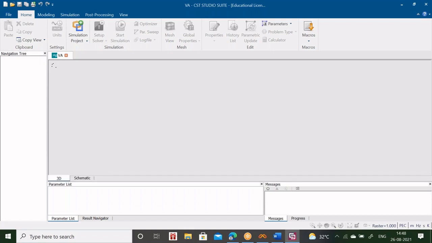Okay, so now this is the CST environment. Hope some of you worked in the CST environment, and some of you at least know this environment. For some of them, it may be new. Yeah, it is going to open.